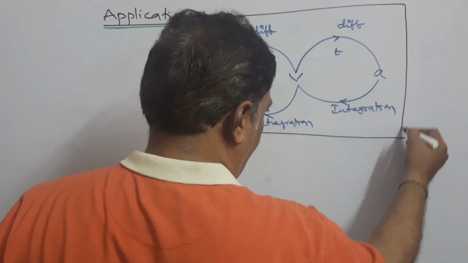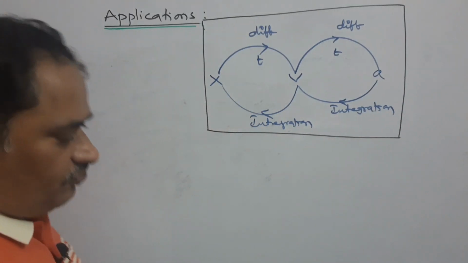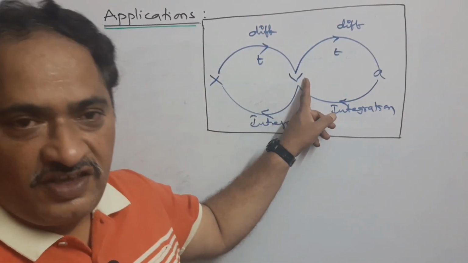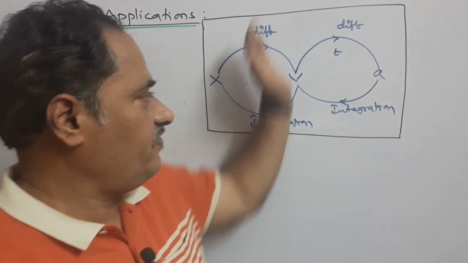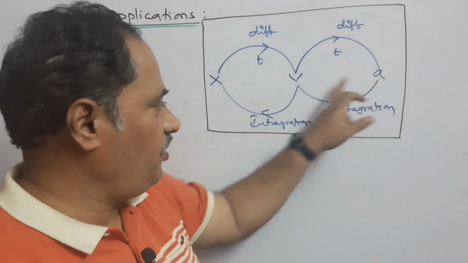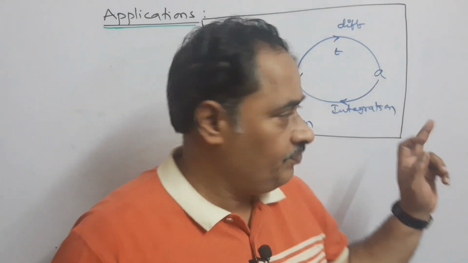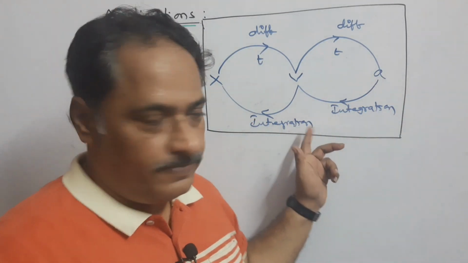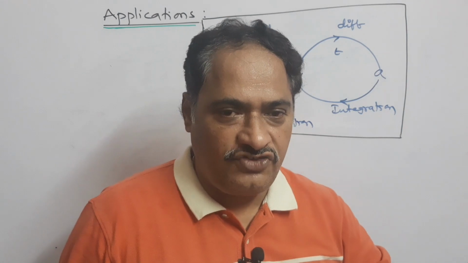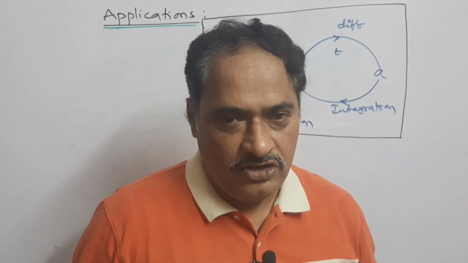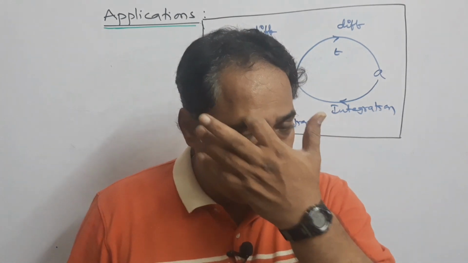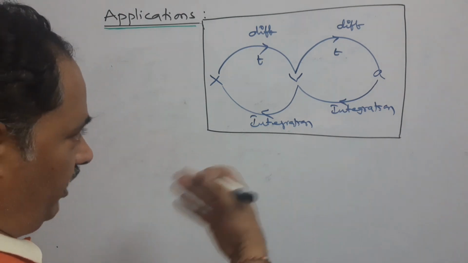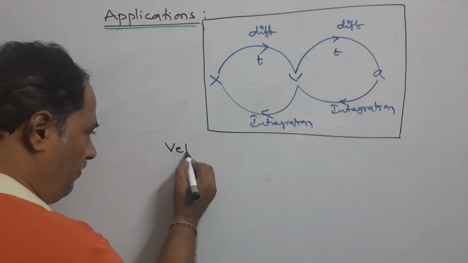Especially for intermediate students, competitive examination students or NEET students, without any doubt, if velocity is given and you want to get acceleration, go for differentiation. If acceleration is given and you need velocity, then go for integration. For example, if acceleration is given and you need displacement, go for double integration. If displacement is given and you need acceleration, double differentiation. So based on that, you should go through these values. So in physics, you can see velocity based,